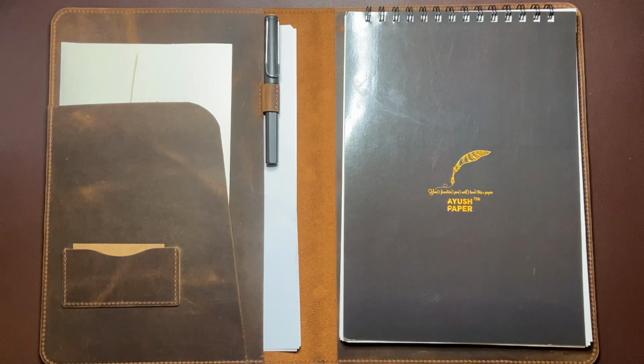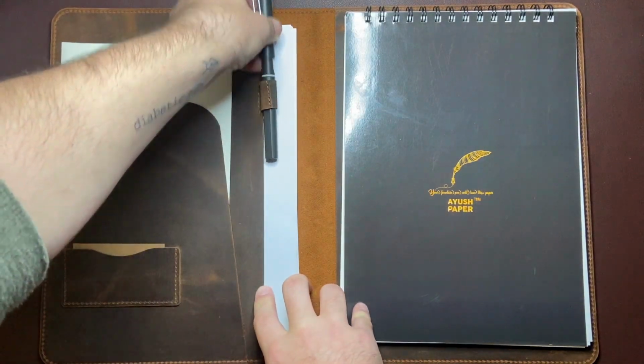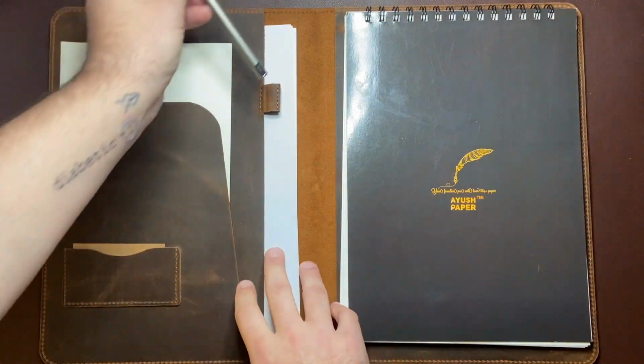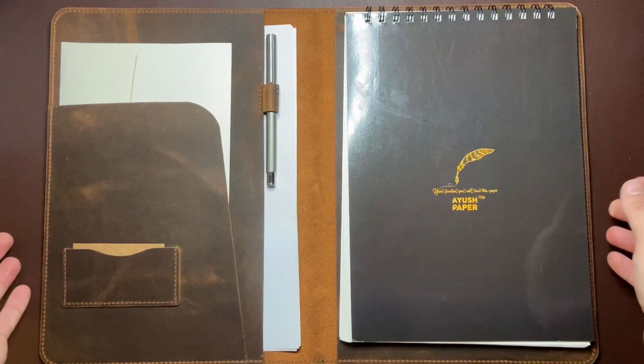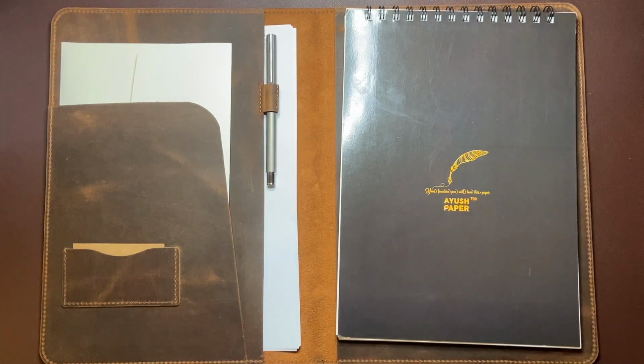But I wouldn't be pushing it much further beyond that. No big Montblanc 149s or anything like that. But as I said, simple, thin ballpoint pens or a slimmer fountain pen like the Faber-Castell Neo Slim, absolutely perfect. So this is a really useful